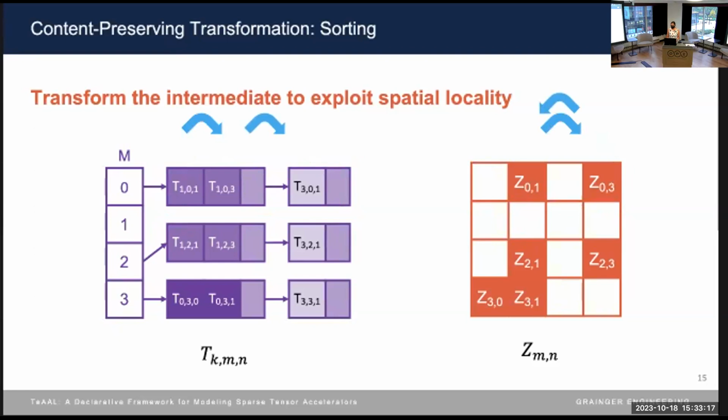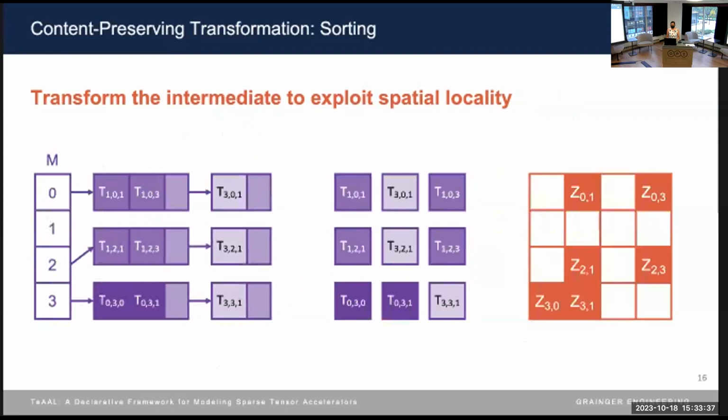A careful listener might be asking, why do we need the sort in the first place? We could have just built the partial products in a different order. Unfortunately, the need for the sort is a direct result of the data flow used during the multiply stage. Without changing that, we would need to sort the partial products before writing them to memory instead.